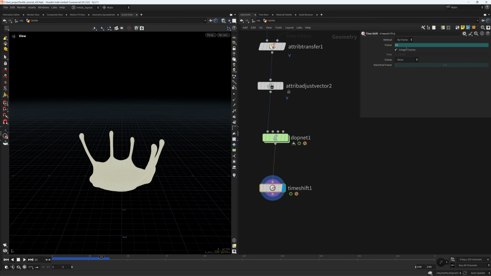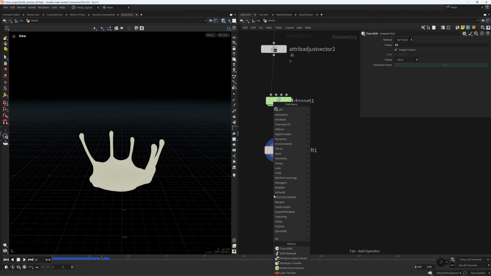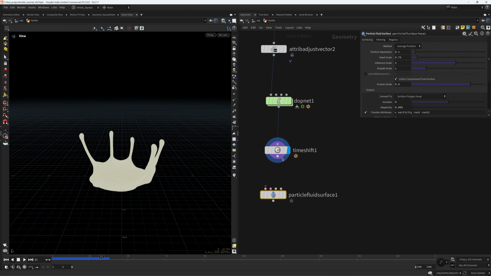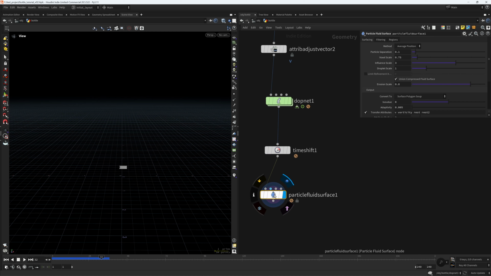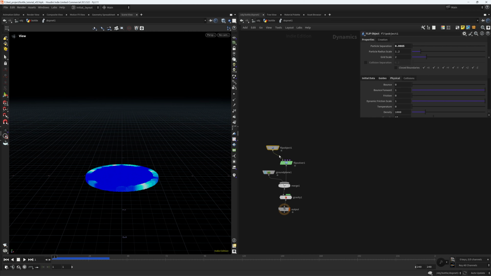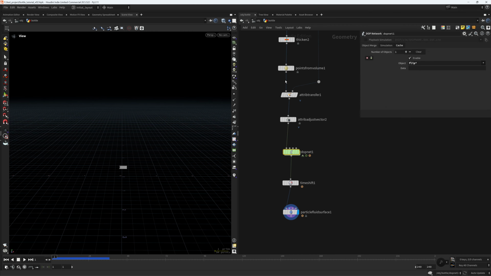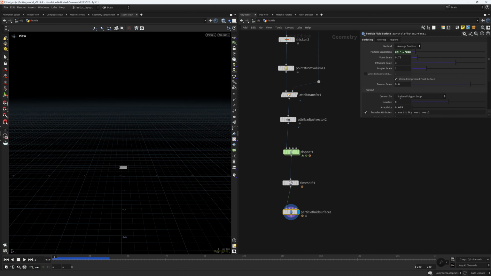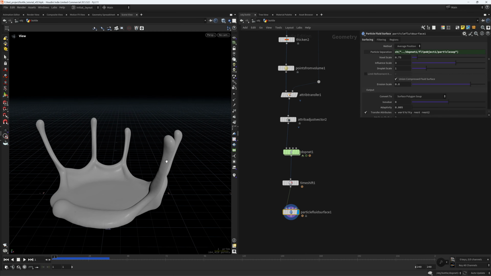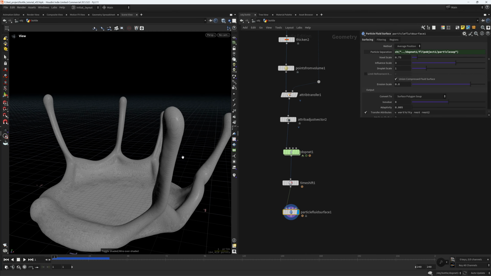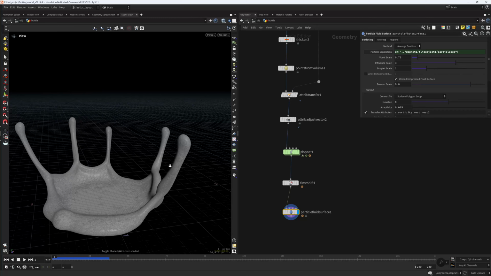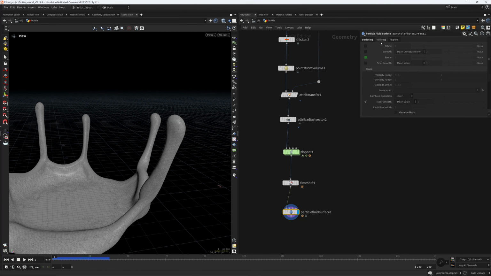So I'm gonna time shift here the frame 32 and particle fluid surface, and go back, and we can pick in here the particle separation and paste it in here. So that is fine, but actually we need to smooth it a little bit, so maybe 10,